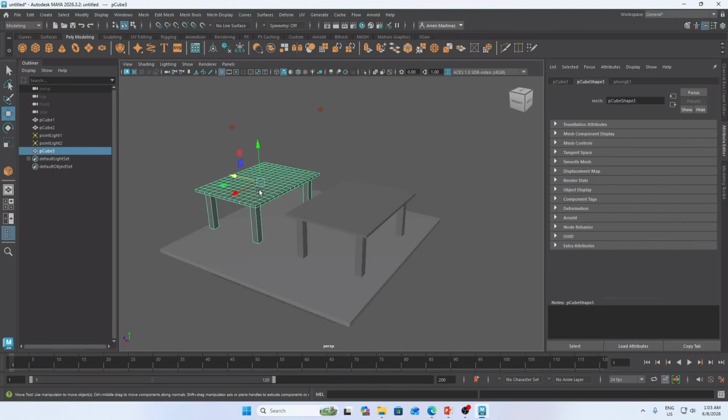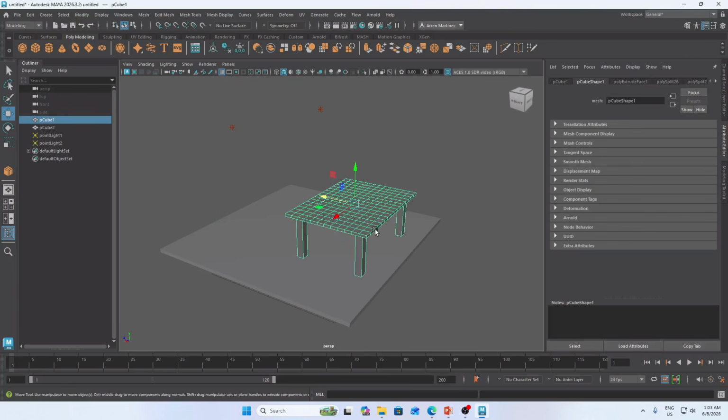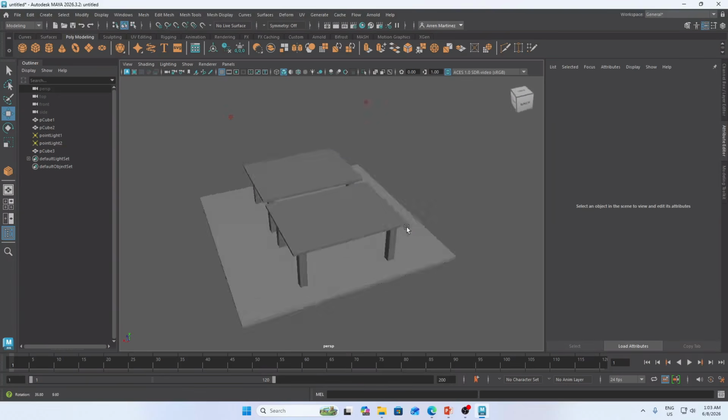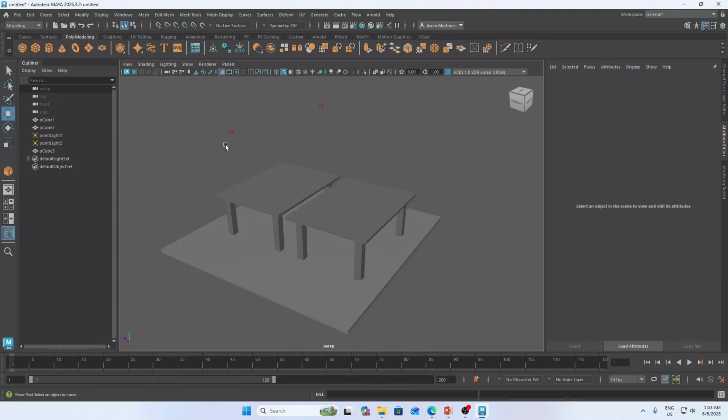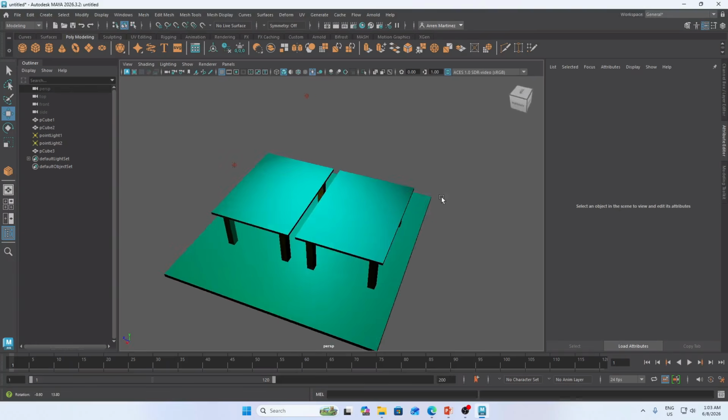Once again, select the particular object, hold shift, once you see the clone, just click and drag. To turn on the light, navigate your cursor to the bulb icon, and that's it.